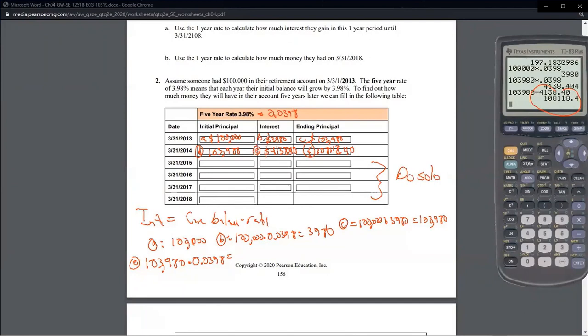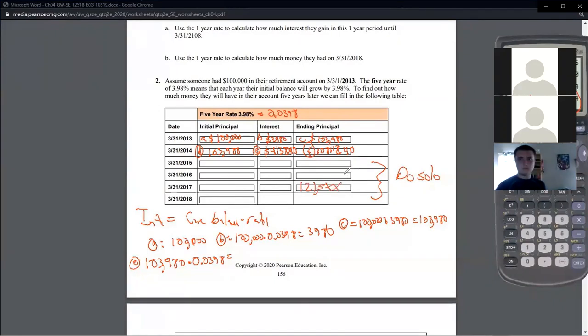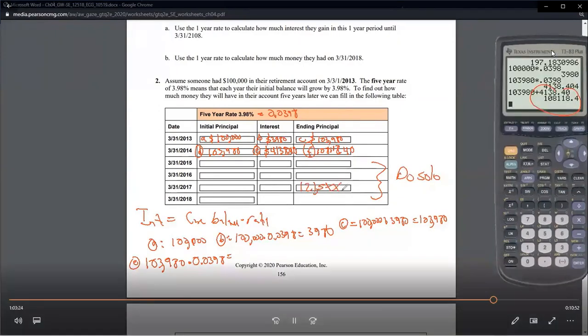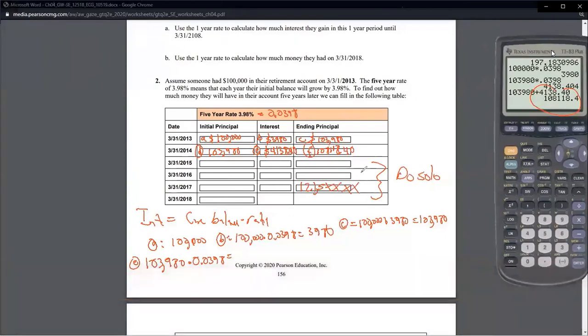I will say that if things are going smoothly by the time you get to the 2017 date, and make sure you're saying the dates, which specific row you're doing in your work. This is about 121,500 something. I'm not going to give the exact amount. So that's 121,000 and some pennies. But if the student coming in for 2017 says that this is 200,000, something's gone wrong. If a student comes in for 2017 and says this is 82,000, something's definitely gone wrong because you've lost money.